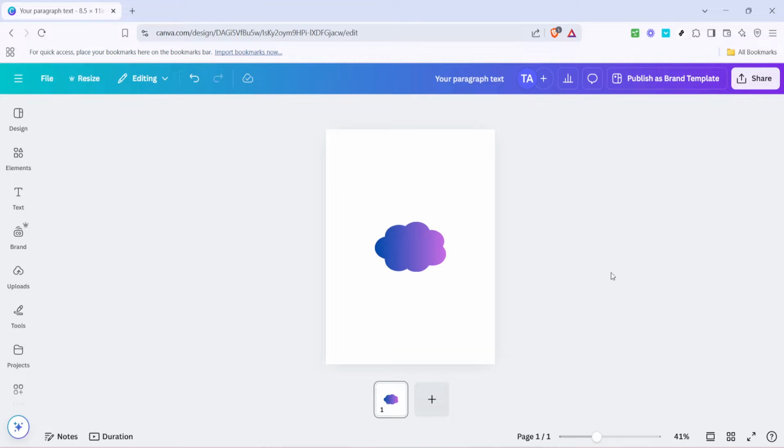By following these steps, not only have you added depth and dimension to your design, but you've also opened up a world of creative possibilities. Gradients can bring your projects to life, making them more engaging and visually pleasing. Remember, practice makes perfect, so feel free to experiment with different shapes and gradient combinations until you find the perfect